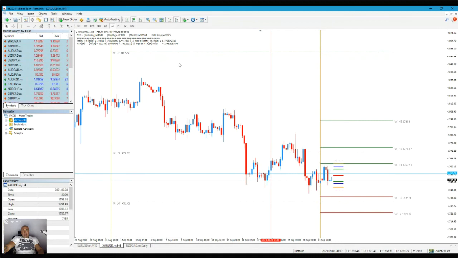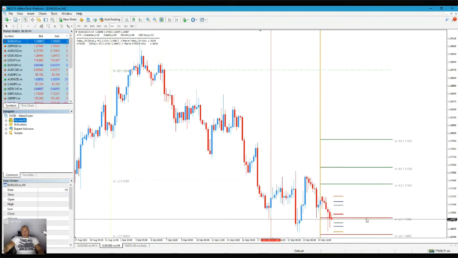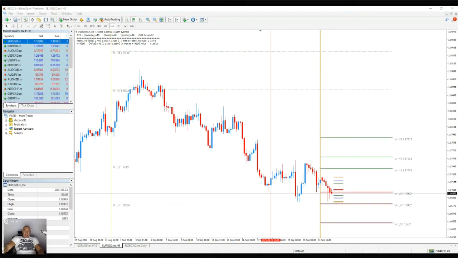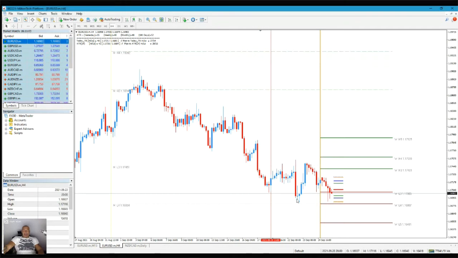Next thing we can see is euro dollar. Euro dollar is literally in a range. I have one full long running on another account, a corporate one, but currently it's not going anywhere. It went down, but it was bought. Somehow I still think this can be a buying move, and this is the reason why gold is dropping but euro dollar is not dropping. This sort of correlation is definitely there, but it's not as strong as it was. Definitely there is potential for a long, or eventually if the market breaks, maybe a short breakout trade.